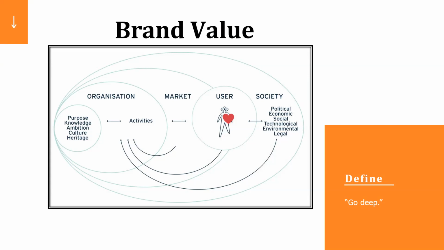Okay, so the way that we use this, right, is that in order to define this, we go broad first, which is we take a look at the society first, from the perspective of political, economic, social, technological, environmental, and legal. What is it that we can gather, right? The kind of information, the facts, the figures.